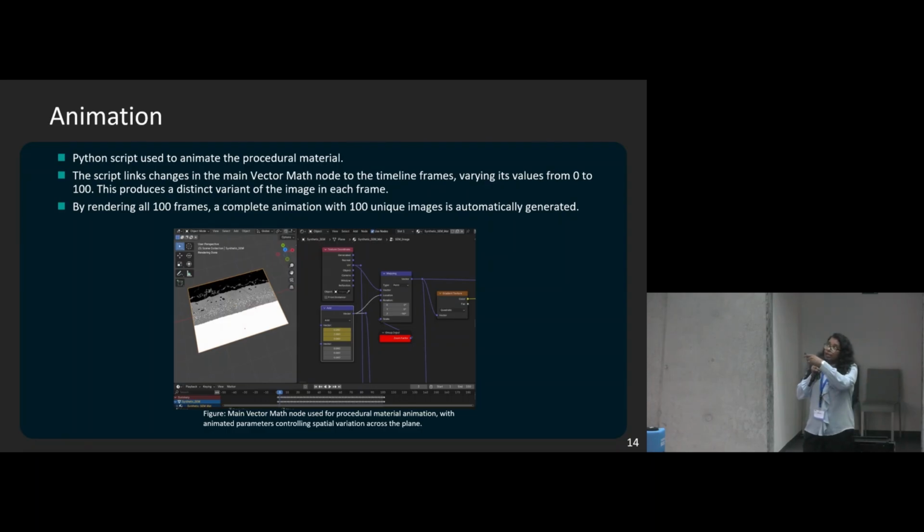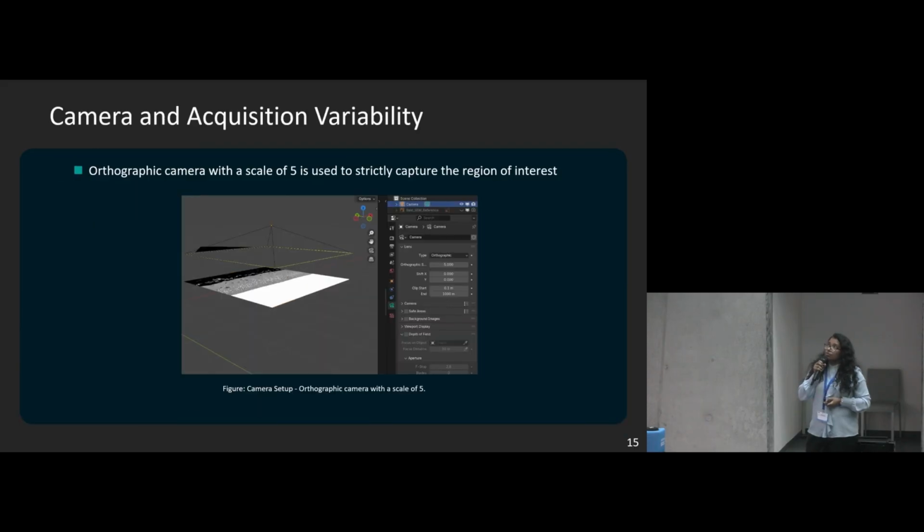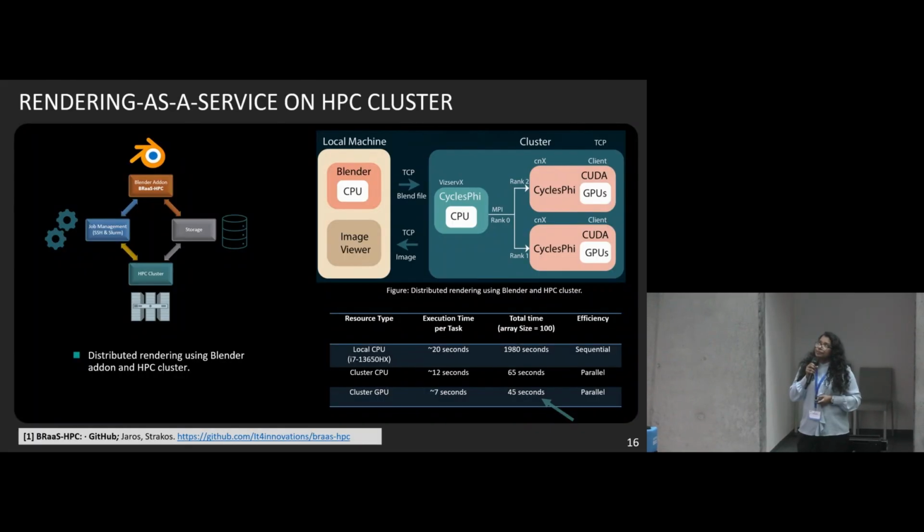Animation, I already explained: we animate the vector node, and because of which the images change based on the frame. And then camera we set as orthographic with a fixed value of scale, so that the camera is focused only on the plane.